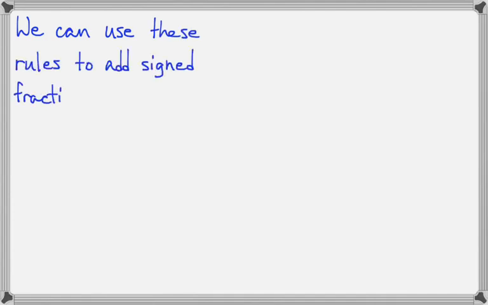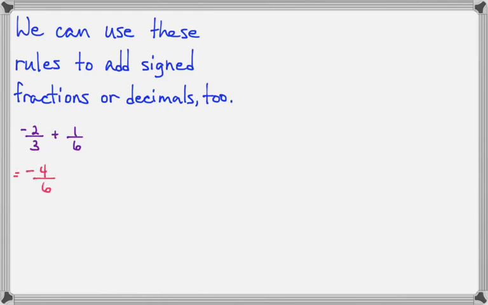Now we can use these rules not only on whole numbers, but also on fractions and decimals as well. Let's try out negative 2/3 plus 1/6. So remember, when we add fractions, we need the denominators to be the same. Since 3 goes into 6, we can use 6 as our common denominator. If I change thirds into sixths, I can multiply by 2 over 2, and that'll give us negative 4/6 plus